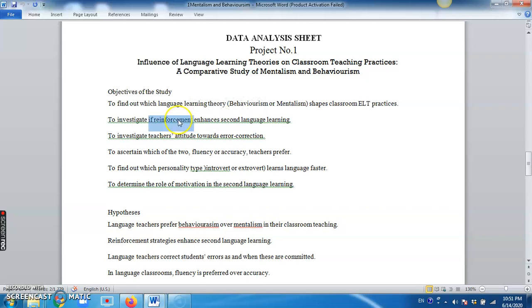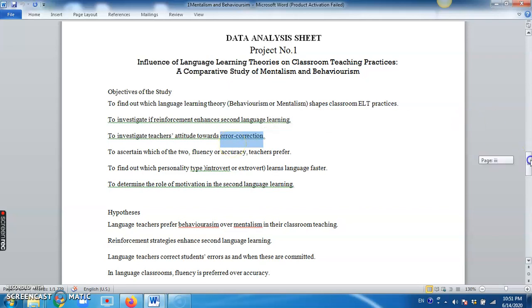In chapter 4, you have to tabulate the results. Another objective is to investigate teachers' attitude towards error correction. This is a behavioristic feature, but how do teachers view it? You must have got back your questionnaire, and the data is with you. So you have to find out how many teachers are